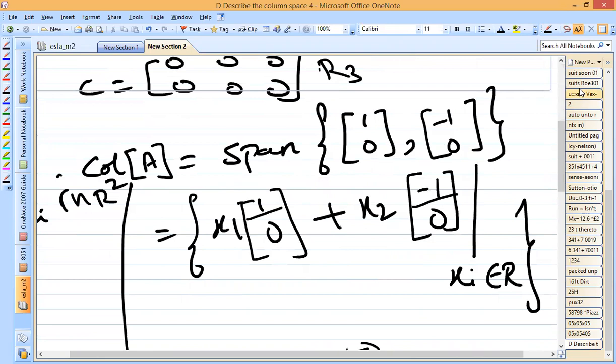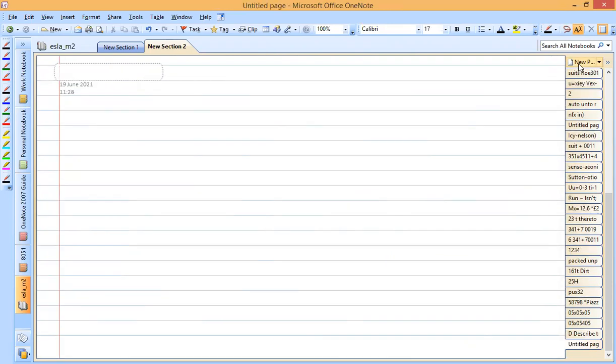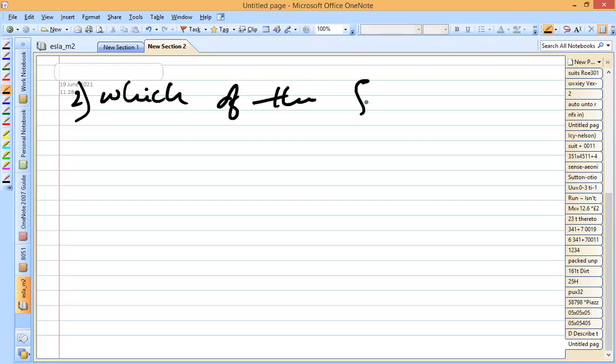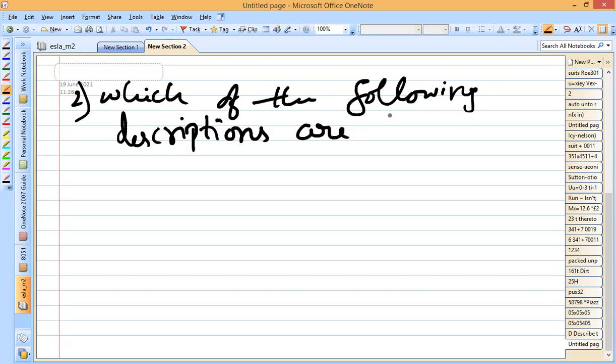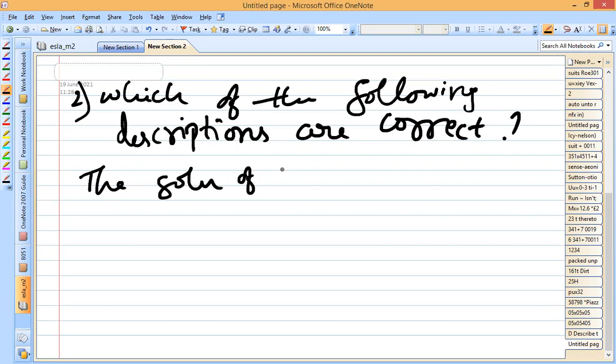And similarly, just to take to the next problem. Which of the following descriptions are correct? The next problem is which of the following descriptions are correct? Where descriptions are given, we need to analyze which description is correct. And also it says that the solution of Ax is given. I'll just write it below. Ax is